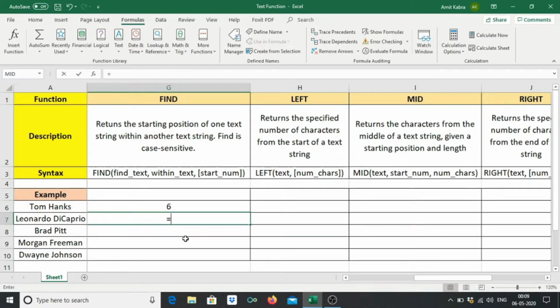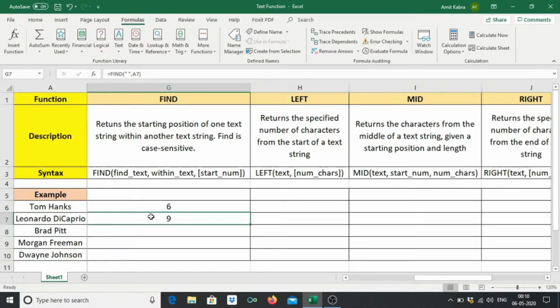Example, equal to FIND, brackets, double quote, open space, double quote close, comma, Leonardo DiCaprio, brackets close. Now it is telling us that at the 9th position there is a blank space. Let's verify this. 1 2 3 4 5 6 7 8, at the 9th position there is a blank,